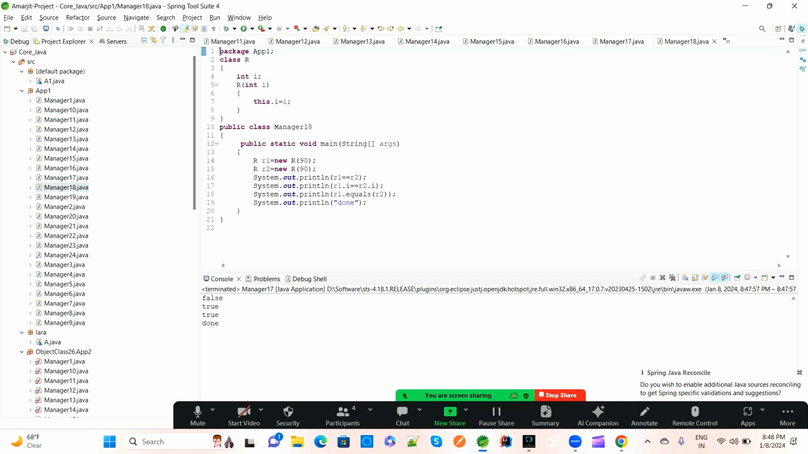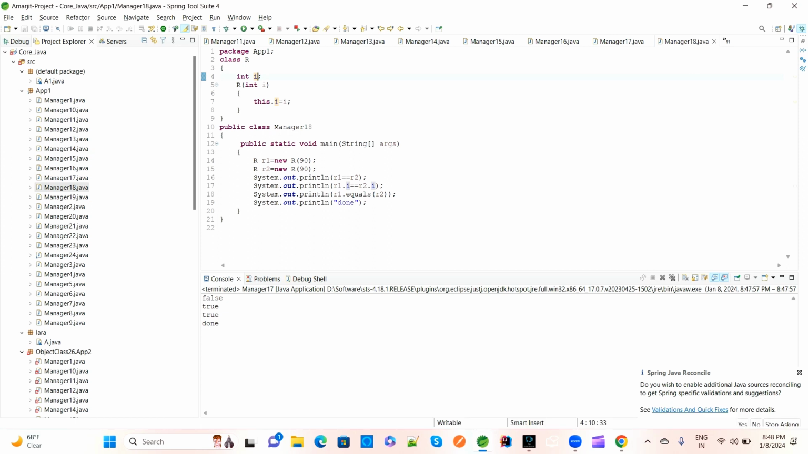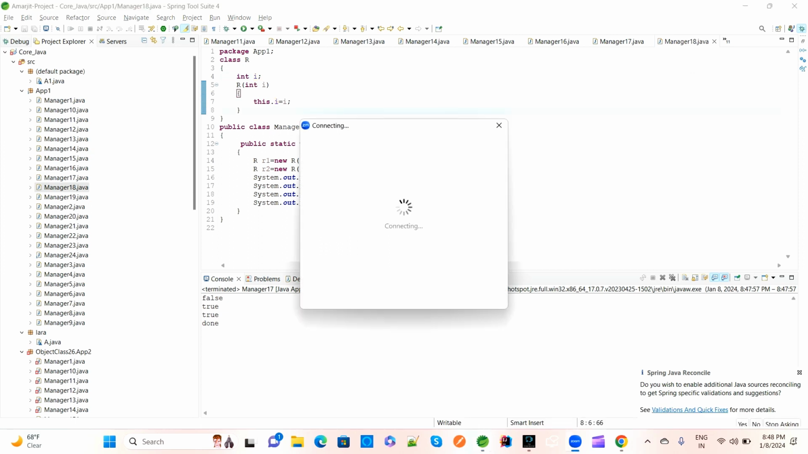Now here we have a class R having int i, this.i equal to i. So here we are assigning